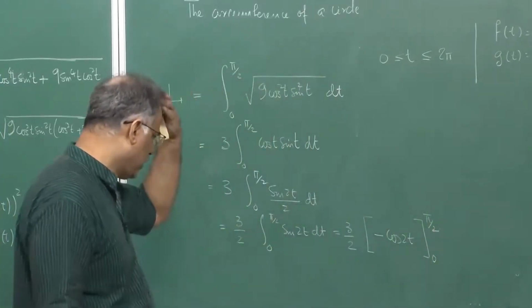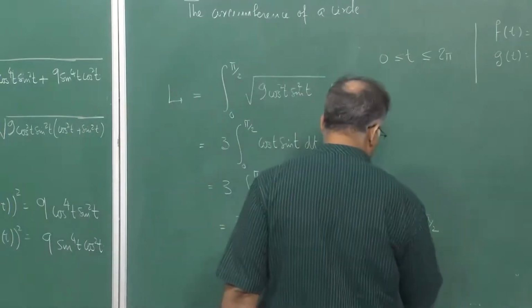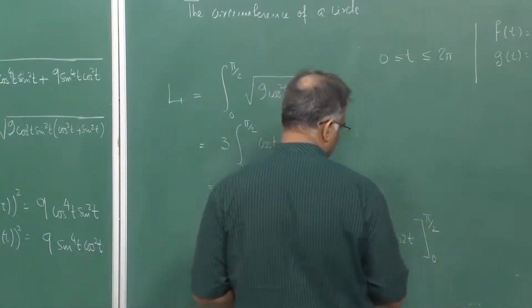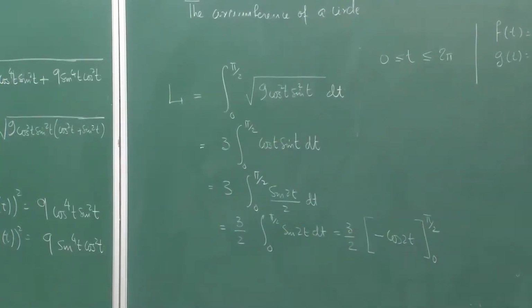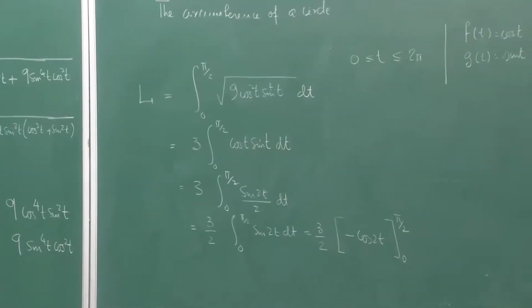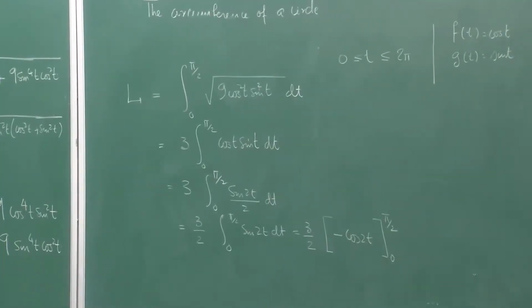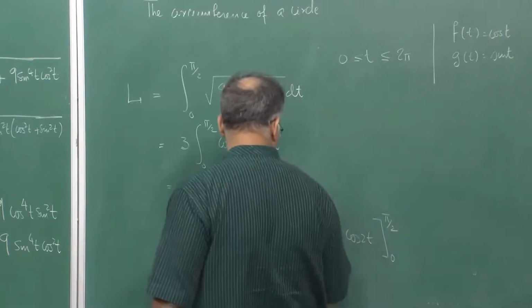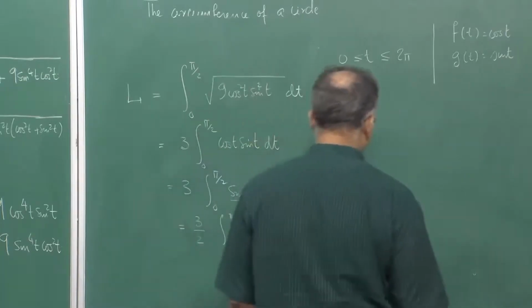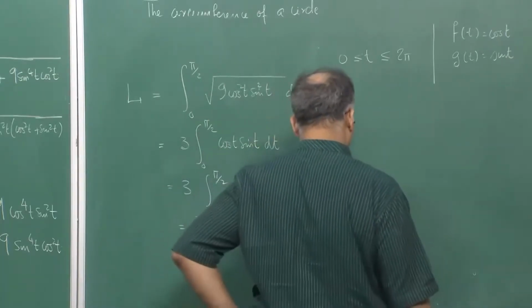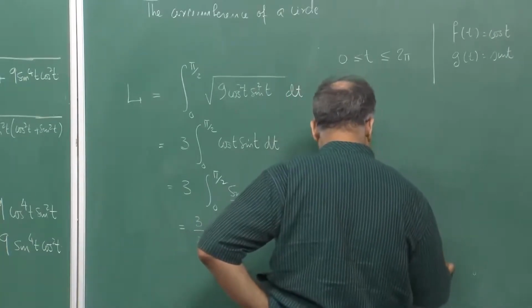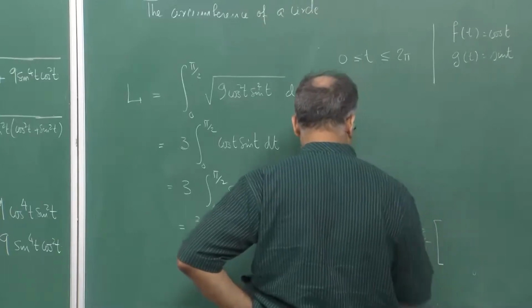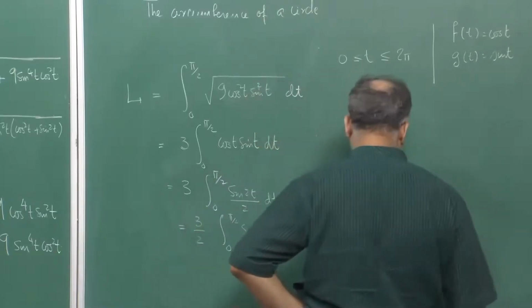So, when I put 0, that cos 2t will become 1, and at t equal to pi by 2, it will become minus cos of pi. So there will be 3 by 4th of course. Cos of pi is minus 1, so it is 1. So it is 3 by 4th, because cos 2t, the 2 has come out, 3 by 4th,